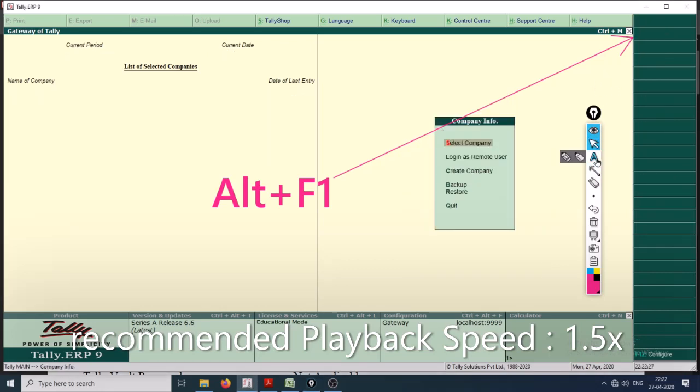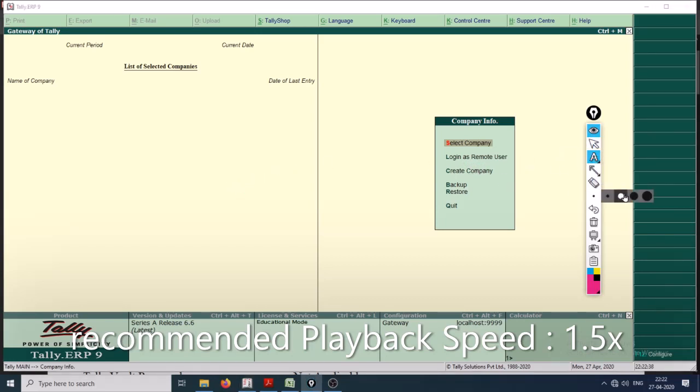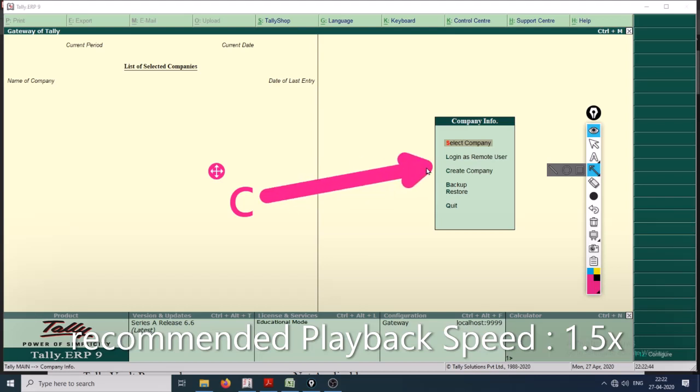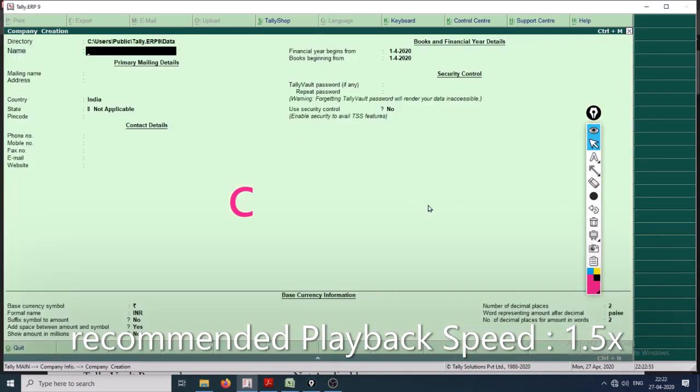Now it says right here various options: select company, login as remote user, create company. The hotkey for creating a company is Shift C. So Shift C to create a company. Okay, it is loading.